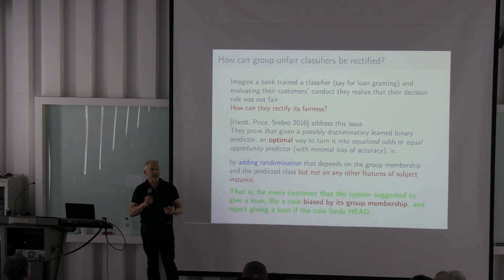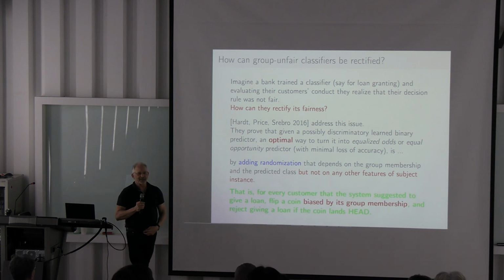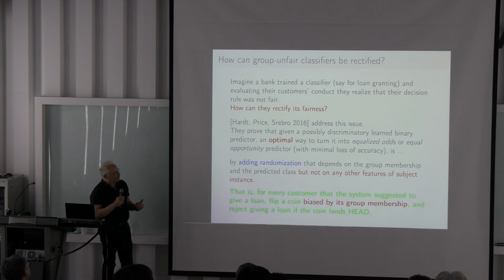So what I will do is, when my program tells me to accept these men, I will flip a coin, and if it falls heads, I will reject them. And if the program tells me to accept this woman, I will also flip a coin, but with a different bias. I will have a coin that has a higher chance of rejecting a good candidate for men than for women, because I want to compensate for this injustice. So the optimal way to fix it is by flipping a coin